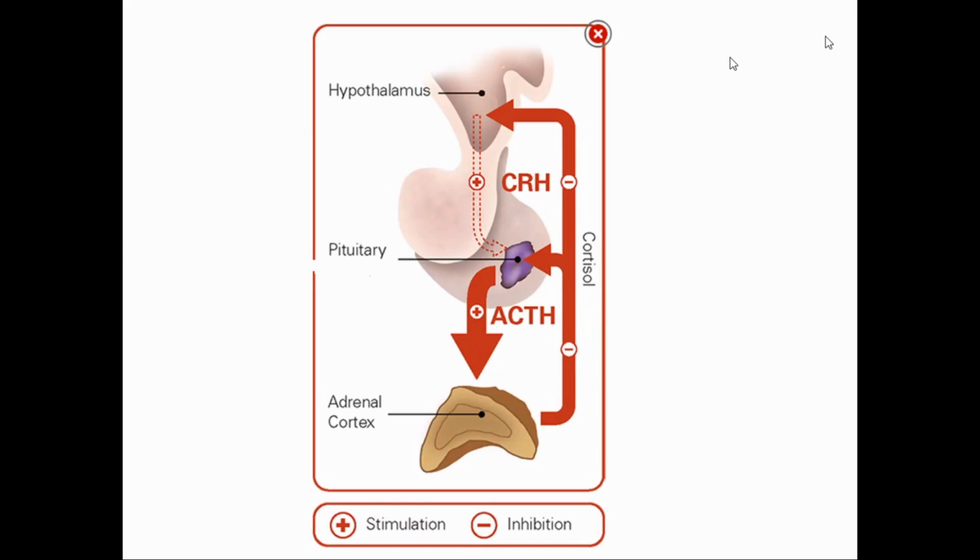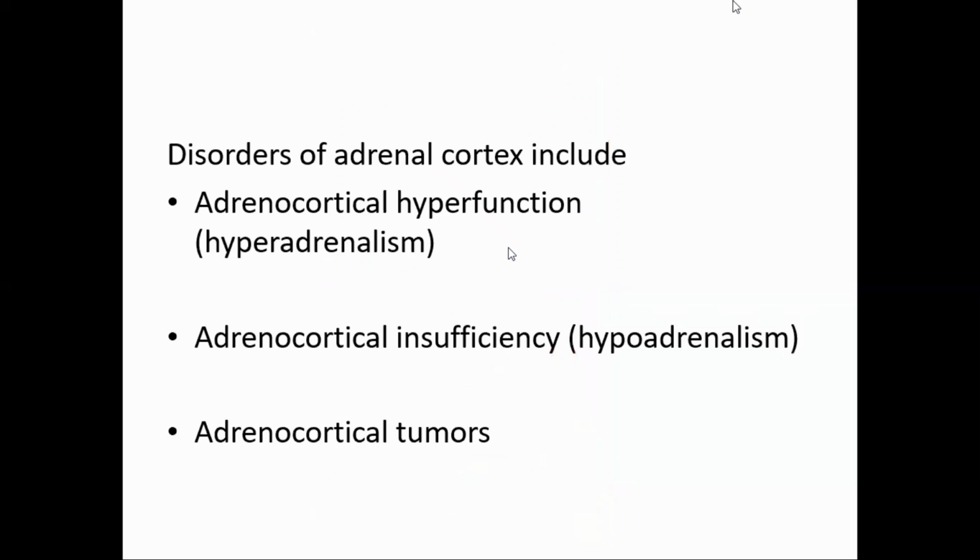What we know is that the hypothalamus releases the corticotropin releasing hormone that acts on the anterior pituitary, and this pituitary releases the ACTH hormone. This ACTH acts on the adrenal cortex, and this adrenal cortex sends an inhibitory signal to the hypothalamus. Likewise, the pituitary releases ACTH, which sends the positive signal to the adrenal cortex. Normally, this mechanism occurs.